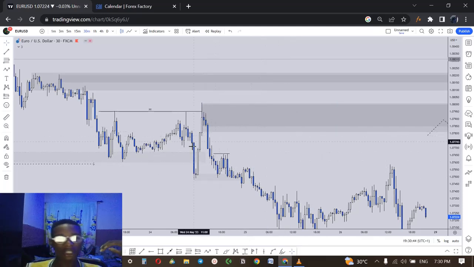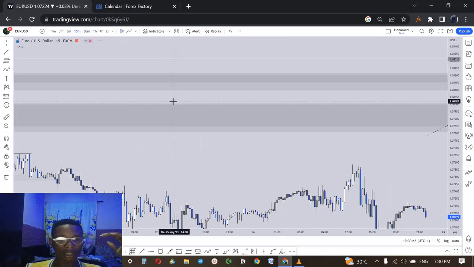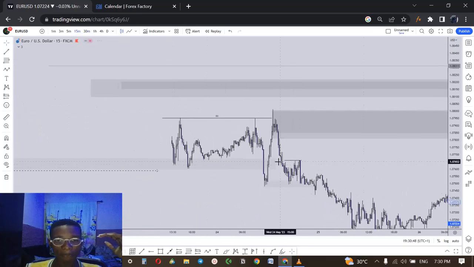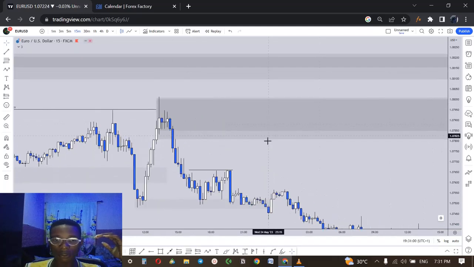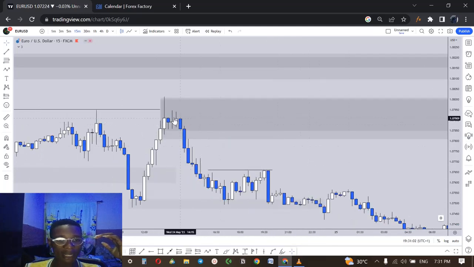So yes, I think the refinement was on the 15 minutes time frame. So let's look at the 15 minutes time frame. We can see we have this up move right here, and this up move, and this up move. Look at what I'm trying to show us, guys. Let me zoom in more. We can see we have another grab of liquidity right here. After grabbing this liquidity, we can see price sell down aggressively, and we left